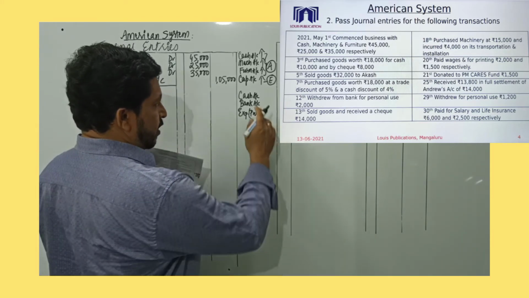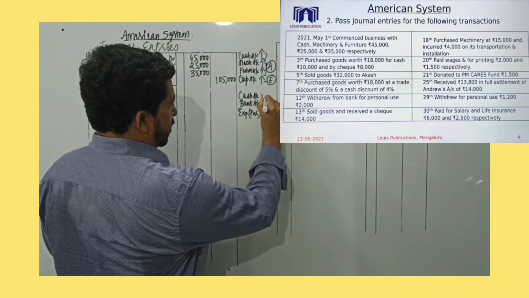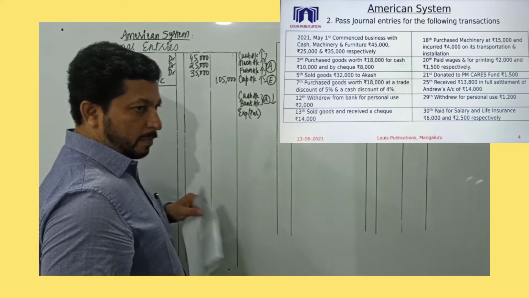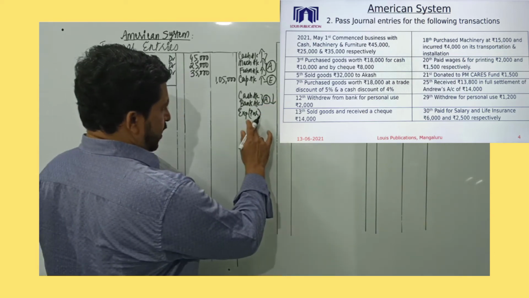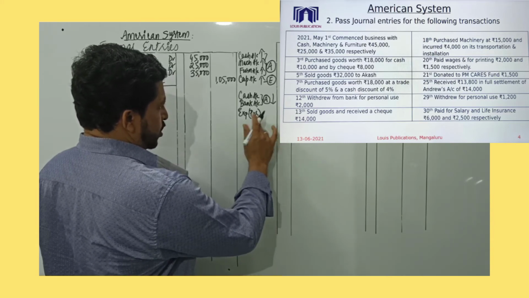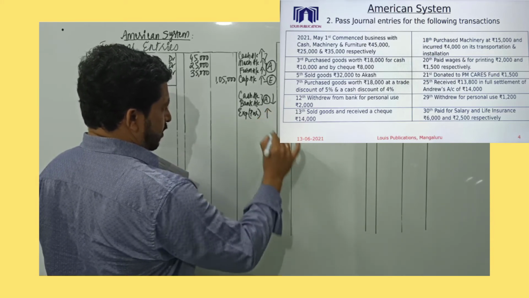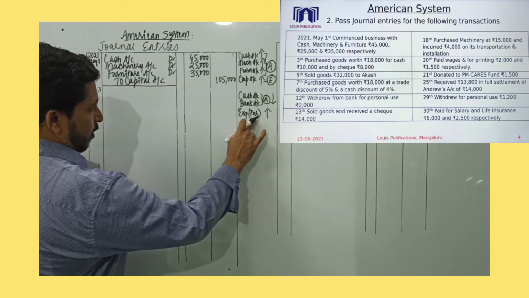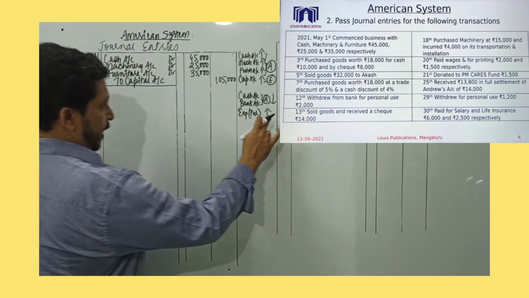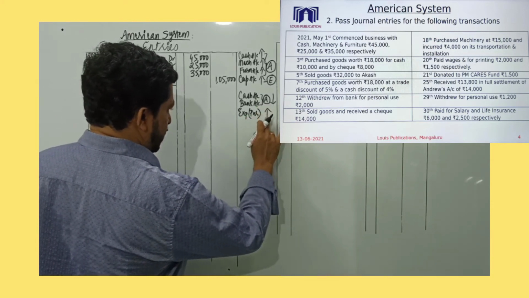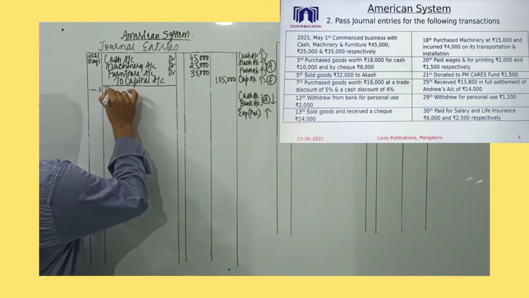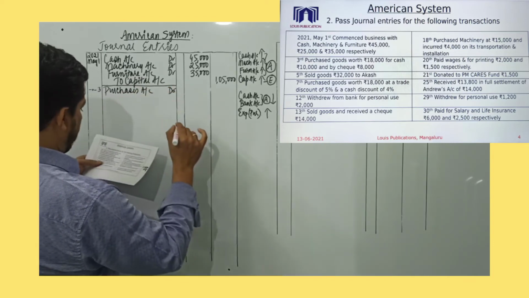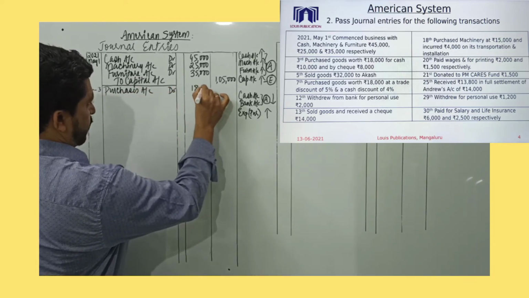Now cash and bank, as we look at it. So when we are purchasing, both cash and bank are assets. And both cash and bank balance will decrease because we are paying for purchases. And expenses, as we say, purchases, expenses is increasing. So the entry would be: expenses increases means debit, asset decreases means credit. So the entry would be purchases account debited. The value of purchases is 18,000.